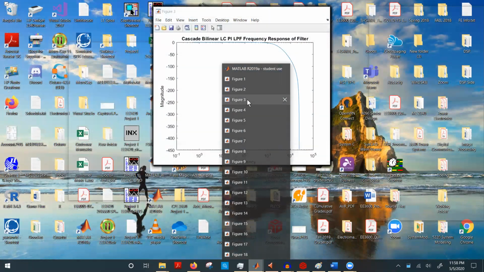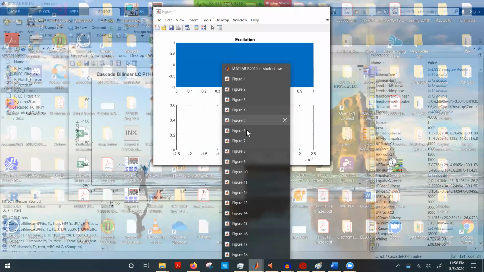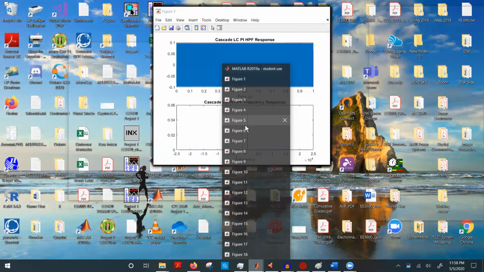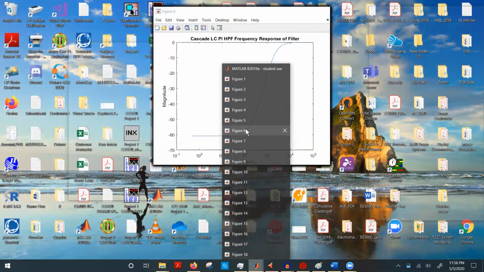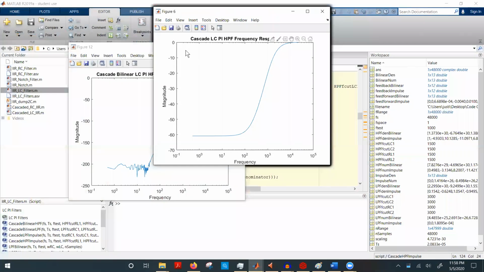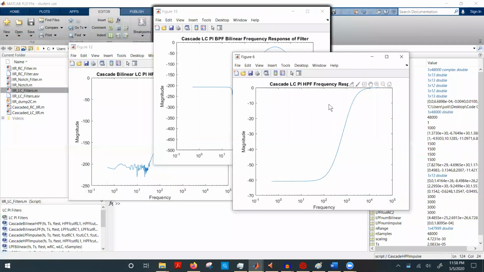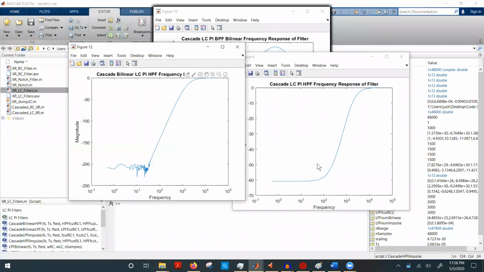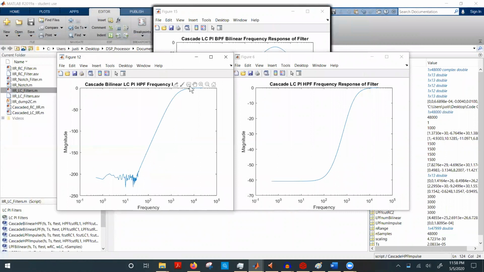Okay, cascade bilinear LPF, cascade HPF. Oh, I forgot to write it down, but this is going to be impulse invariance right here, I believe. You notice right away between the two of them, well, the cutoff frequency is 1500, so I should expect at 1500